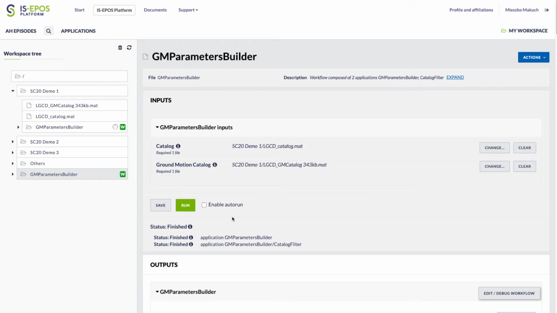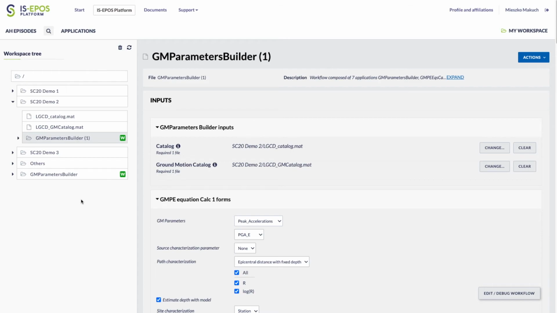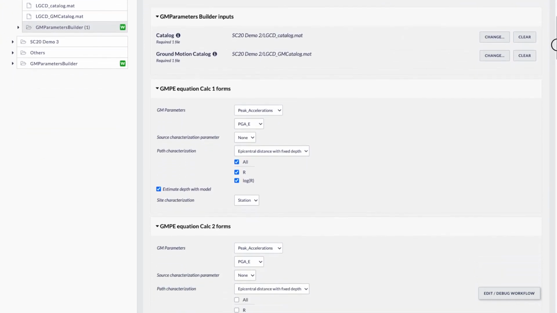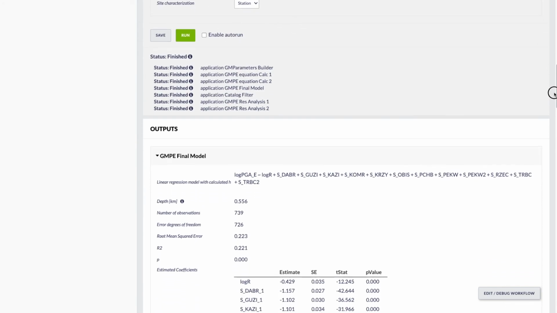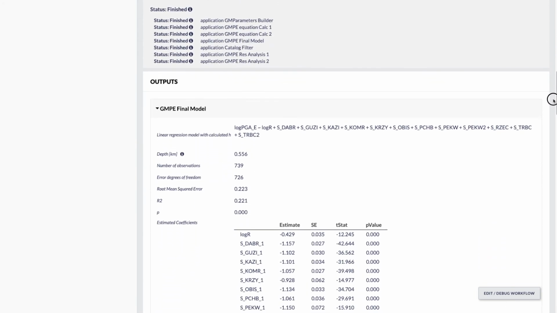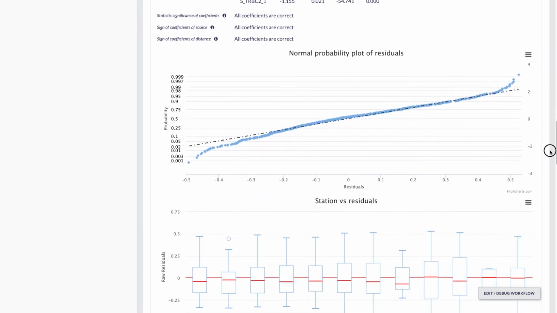Lastly, I wanted to show you some more complex workflows that are real-world use cases. The first workflow is an extension to the toy example that I showed you in the first part. It consists of 7 applications and is used to calculate a full GMPE model. As you can see, it has much more complex visualizations.